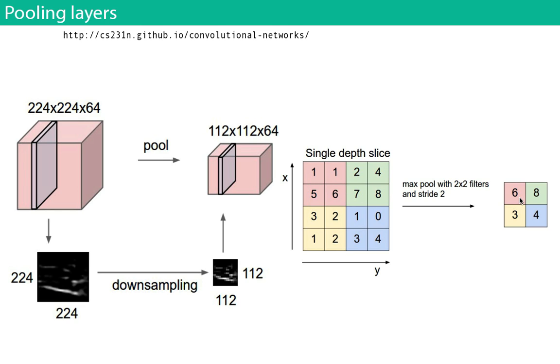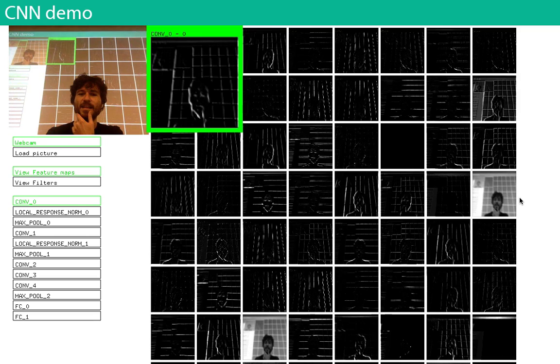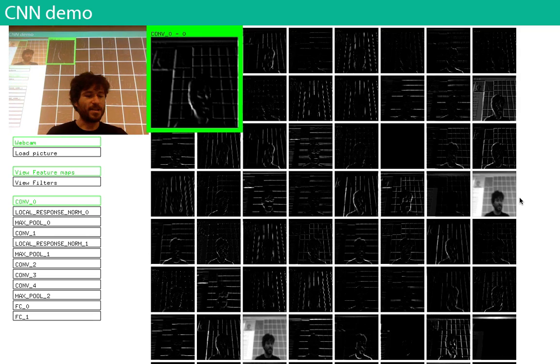So it's a way of compacting the information into half as many pixels on both sides. And this is how we reduce the information to something that's much more computable. So pooling is actually quite simple in that sense. Convolution is a little trickier, though, to understand. And we're going to understand it now using the following demo. And this will be the last thing we do before the break.